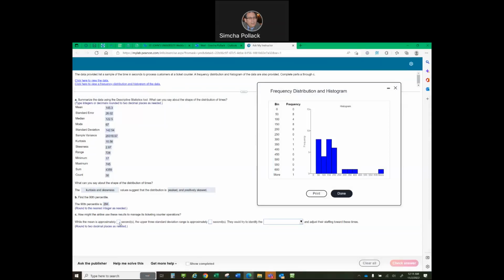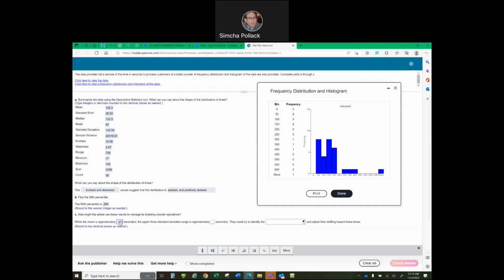Oh, yeah, last one. The mean is approximately, well, we just said 145.3. Just copying from up here. 3 standard deviations is approximate. Well, you take the standard deviation, which is here, multiply it by 3, and add it onto the mean. So it's the mean plus 3 standard deviations. So I'm going to do that. That's going to be 142.54 times 3 plus 145.3 is 572.92. Let's make it 573. Approximately